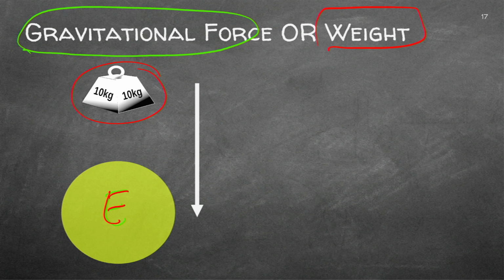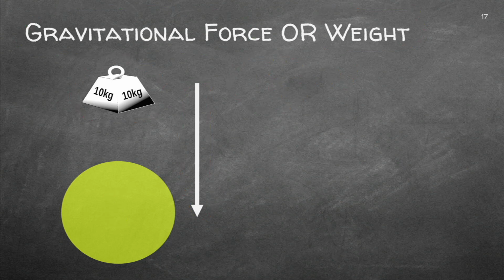Now, you've done this in a previous year because we do calculate weight, but we are going to revise this quickly. We can say it's gravitational force, or we can say it's weight. But gravitational force is the more accepted way of expressing the attraction towards Earth, from Earth on that specific object. It has a mass of 10 kilograms. It will be falling towards Earth.